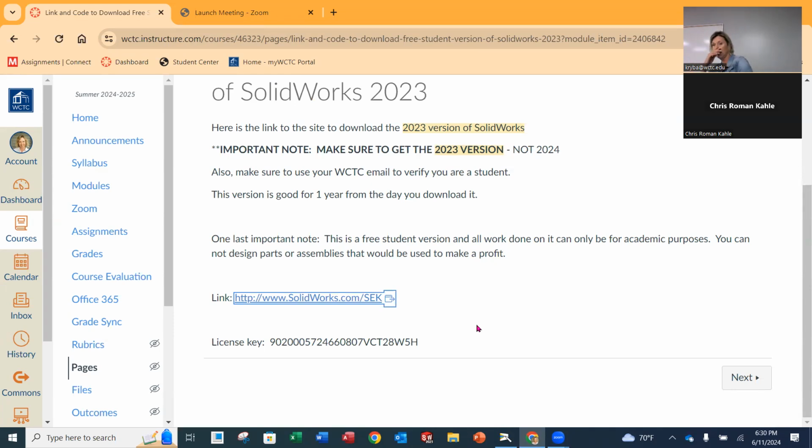When I was at the other school that I used to be at, we could lose our license. They could be like, yeah, WCTC does not get a license anymore because you are not letting students know. So that's why I always like to let you know, this has to be for academic purposes only. All right. Now, when you do the download and you do the 2023 version, not the 2024, it's going to